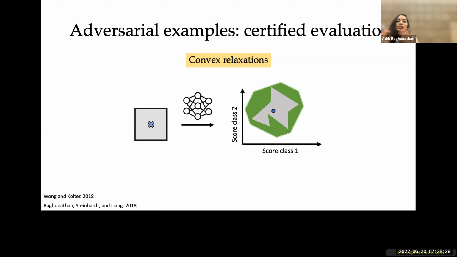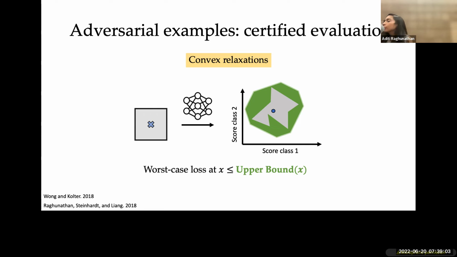This is the key idea: we construct a convex relaxation, which makes optimization easier. By construction, we get a guarantee that if this whole convex object obeys some property, then everything inside it does as well. This allows us to get some kind of guarantee on robustness. There are nuances as to how we make sure this relaxation is tight enough so that you don't become vacuous. One relaxation is just the whole space, and that's not useful. So we want to construct it in a way that is meaningful, but also easy to search within this convex object.